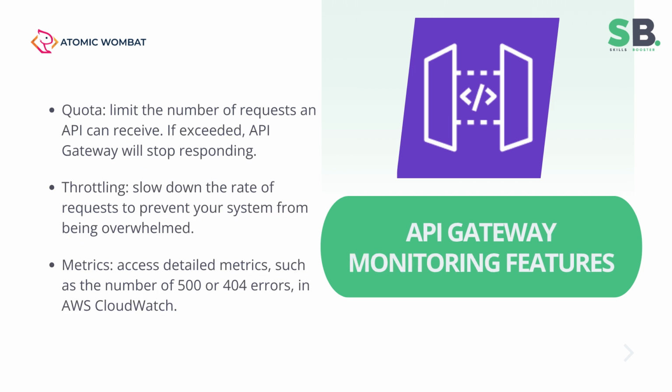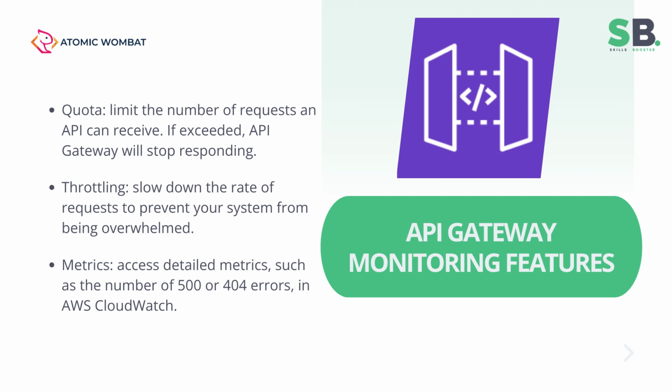The second advantage is monitoring. You can define quotas to limit the number of requests an API can receive. If the quota is exceeded, API Gateway will stop responding. You can also throttle your API, slowing down the rate of requests to prevent your system from being overwhelmed. These settings are managed through usage plans. Furthermore, you can access detailed metrics, such as the number of 500 or 404 errors in AWS CloudWatch, which is